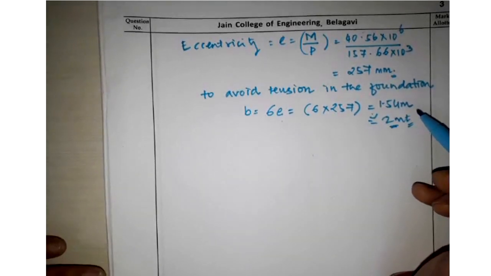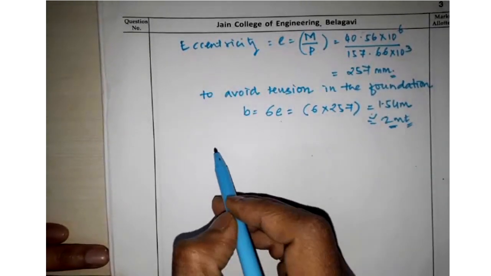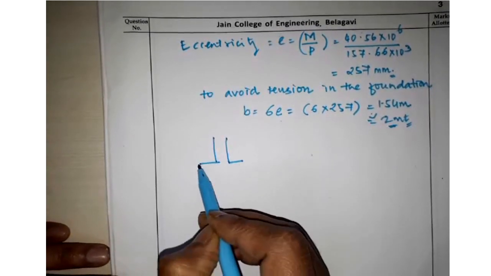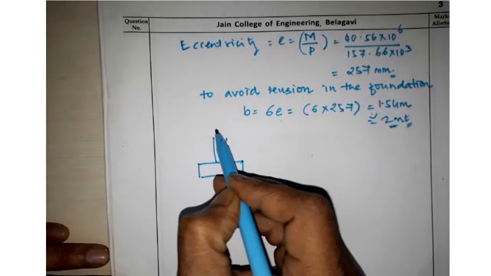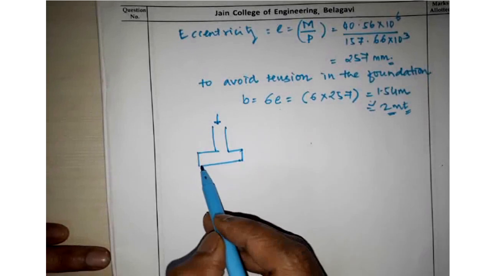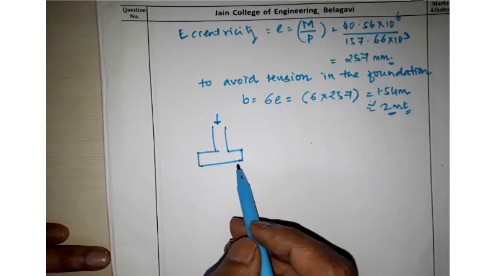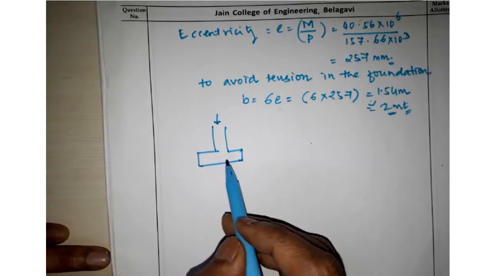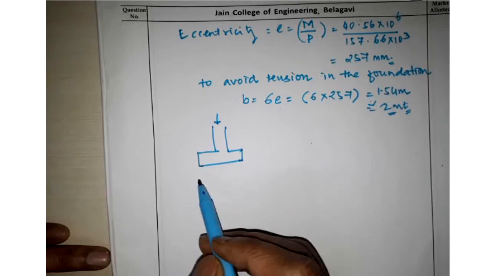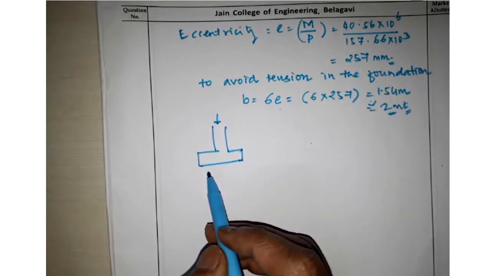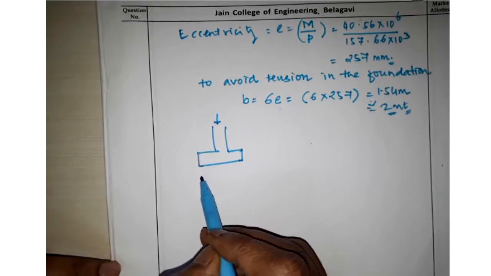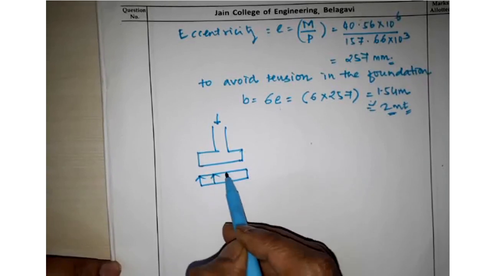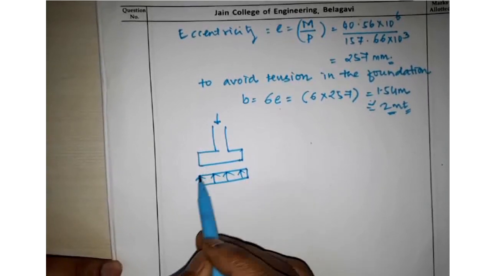What does tension mean? I would like to discuss that. When a column and footing are subjected to axial load, the footing rests on soil, correct? That soil will develop upward pressure. We have different types of upward pressure: uniform pressure, non-uniform pressure, and so on. First, the uniform pressure: the pressure intensity is uniform throughout the area.